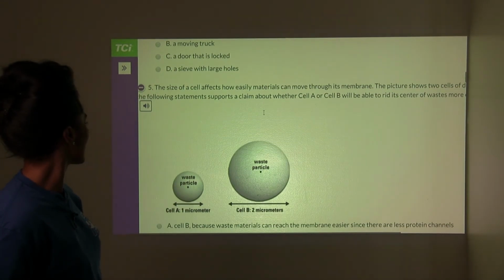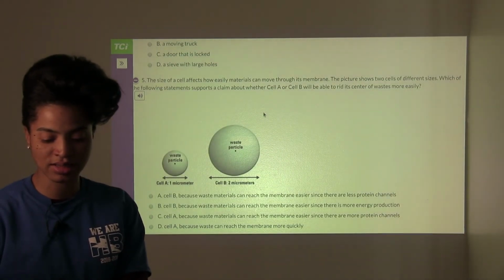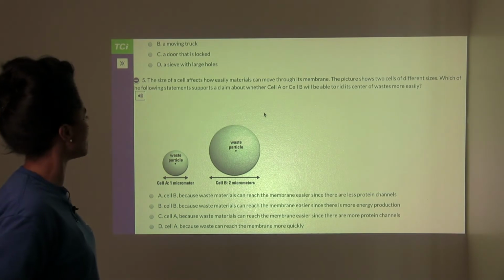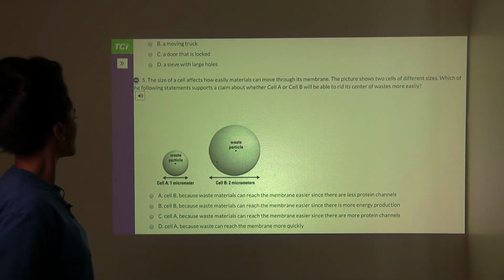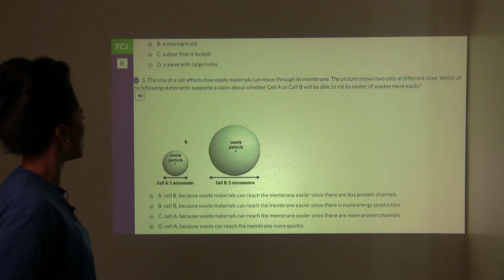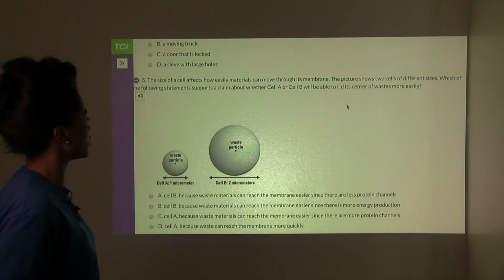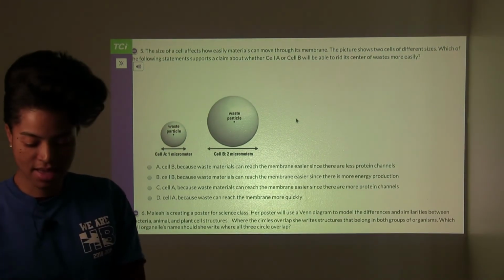5. The size of a cell affects how easily materials can move through its membrane. The picture shows 2 cells of different sizes. Which of the following statements supports a claim about whether cell A or cell B will be able to rid its center of waste more easily? A